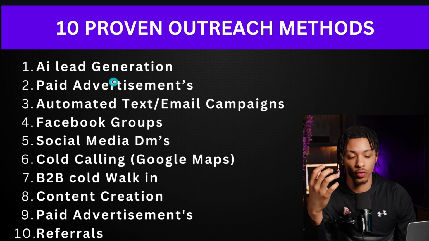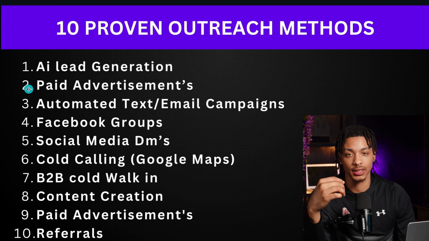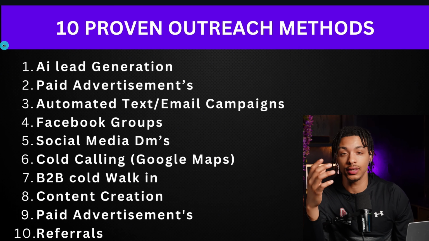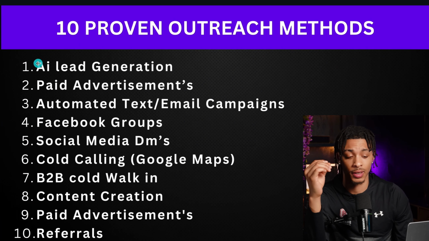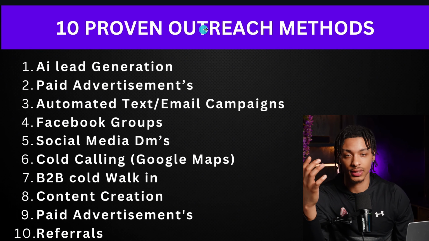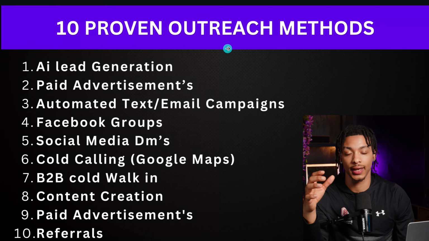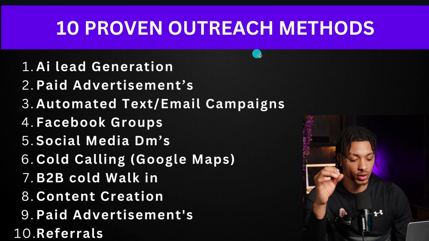But I also go through in depth all of these proven outreach methods to actually bring strangers to paying clients. These are all well scalable outreach models, and you can pretty much build a 10K per month online business just picking one of these and spending a good majority of your time on it. But those videos are located in my free walkthroughs and tutorials in the description as well. That is exactly the full process that you can go through and begin to execute to go from knowing nothing to making your first $1,000, $5,000, $10,000 with your very own AI business as an entrepreneur, selling these AI agents and AI solutions to any of the over 34 million local business owners in the US or whatever other country you're in right now.